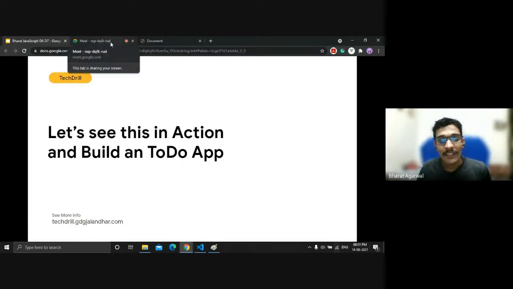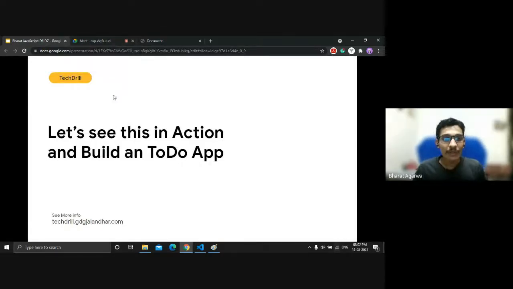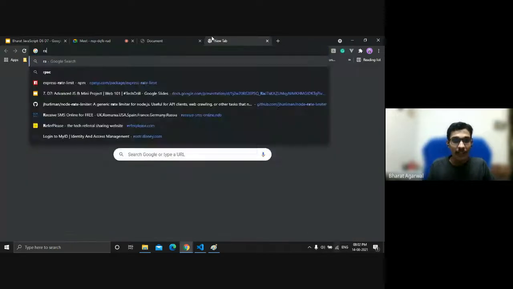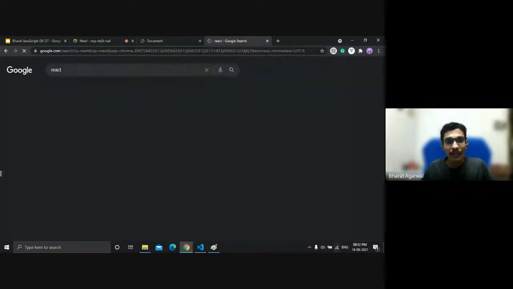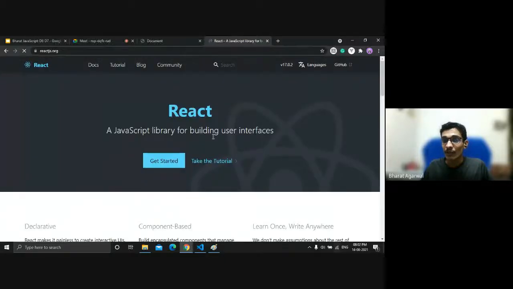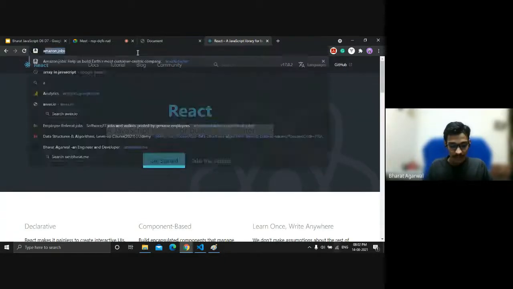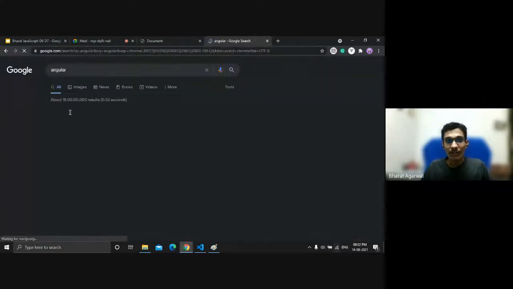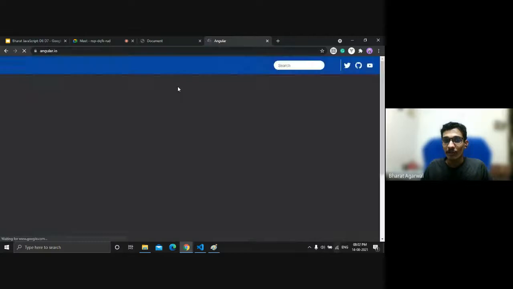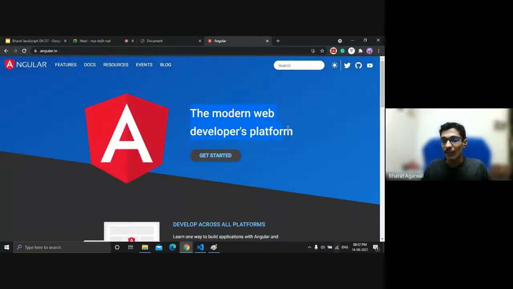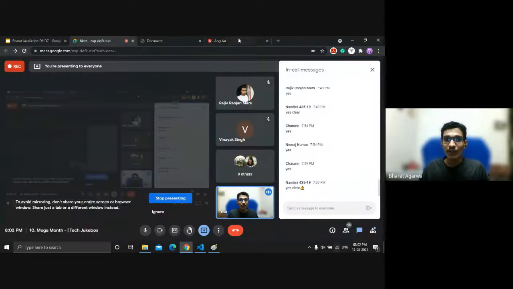Let's talk about what you can do next with JavaScript. JavaScript helps us create lots of applications, as I told you yesterday as well. You can use any framework written in JavaScript, like React, a JavaScript library to build user interfaces. You can use AngularJS, also a JavaScript library. These are basically reactive frameworks to create better, faster UIs. You can also use Vue.js.